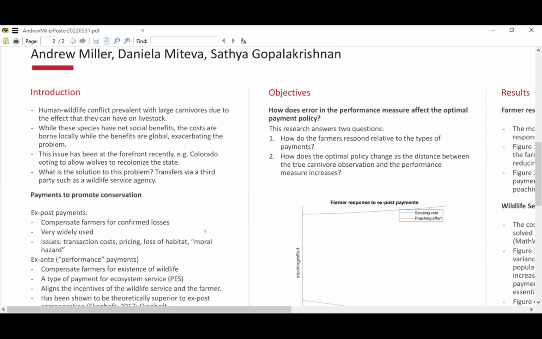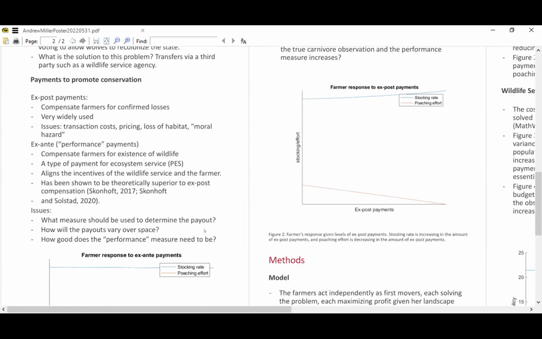So what is the solution to this problem of the benefits being global and the cost being borne locally? The solution is transfers via a third party, such as a wildlife service agency or a nonprofit. And so far, the vast majority of these transfers have been conducted via an ex post payment, where a carnivore kills some livestock, and then the livestock producer files a claim, and then they are reimbursed for their loss. So this is very widely used,